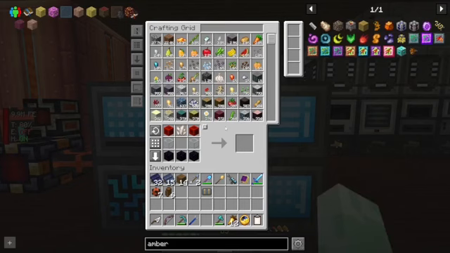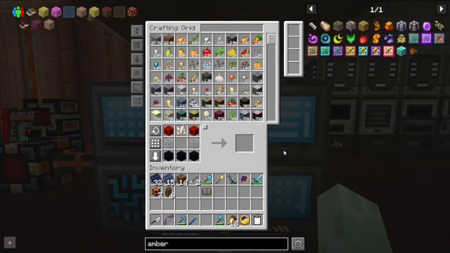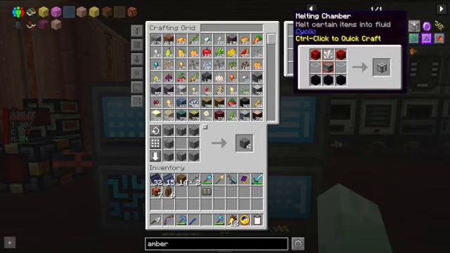Now the other thing we're going to need is a solidification chamber. And that's this guy. That's the melting. Here we go. That's this guy here. We need a couple of different things for this. We've already seen compressed cobblestone. That's just stone and cobblestone. And then we also have these